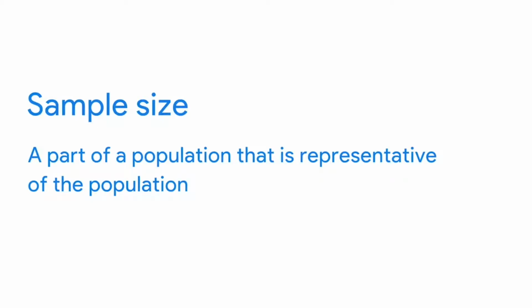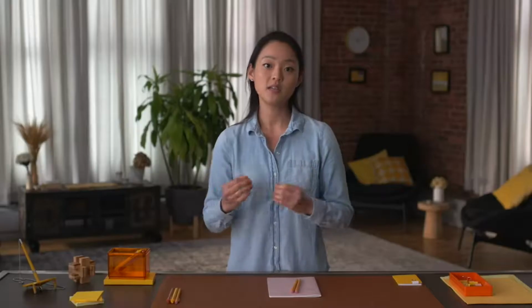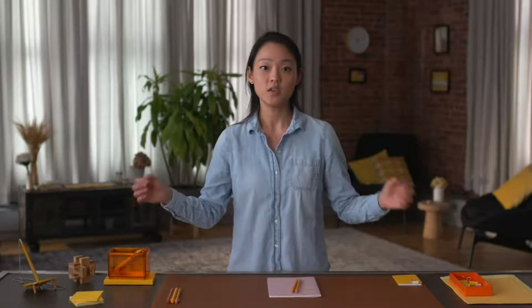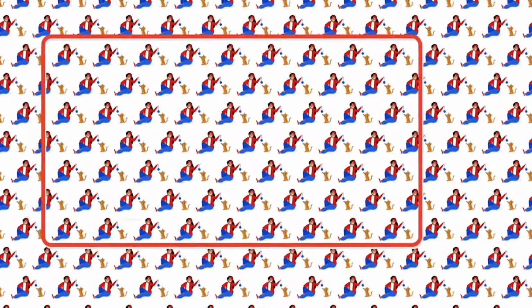When you use sample size, or sample, you use a part of a population that's representative of the population. The goal is to get enough information from a small group within a population to make predictions or conclusions about the whole population. The sample size helps ensure the degree to which you can be confident that your conclusions accurately represent the population. So for the data on cat owners, a sample size might contain data about hundreds or thousands of people, rather than millions.